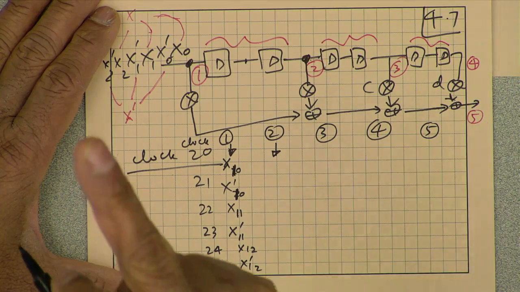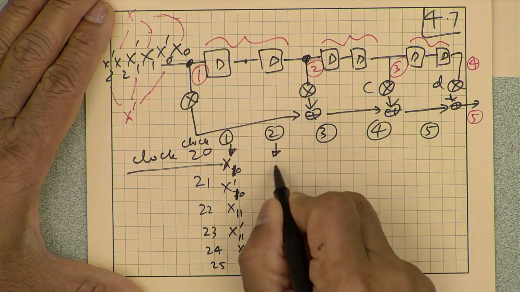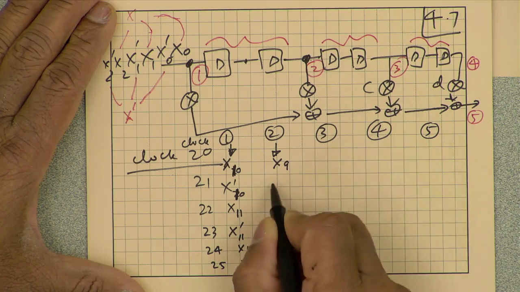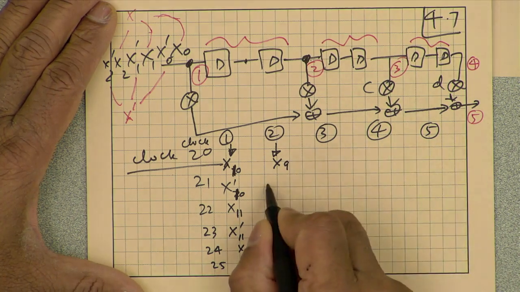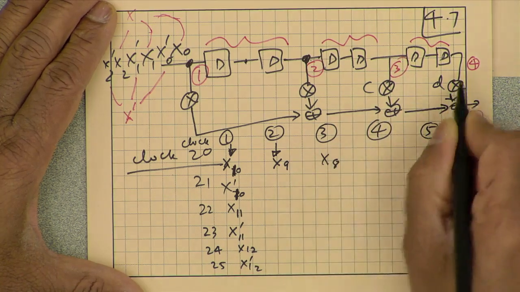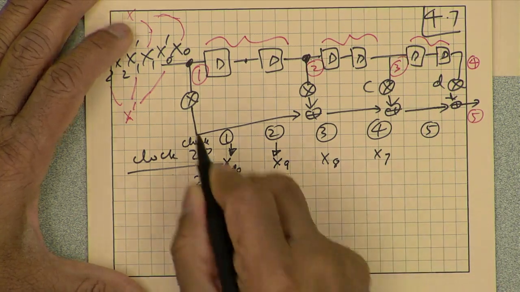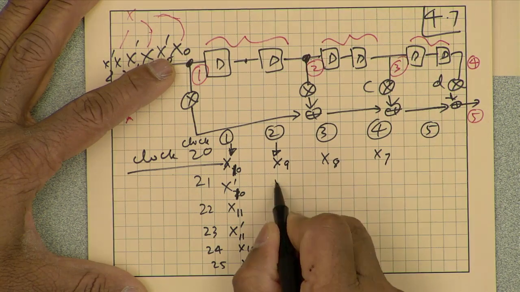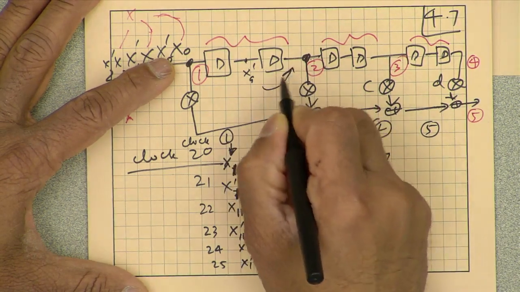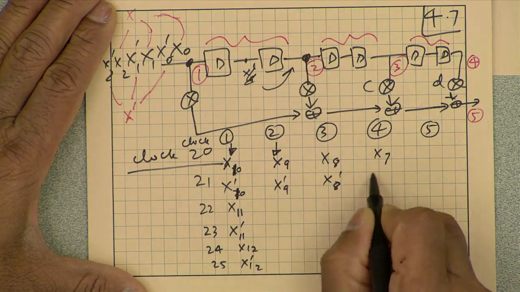X9 prime would be here, and here X9. So, node 2 would be X9, node 3 will be X8, and 4 will be X7. So, what about clock cycle 21? This is X10 prime, and this will be X9 prime. So, X9 prime, which was here, will now come here. And X8 prime, X7 prime,